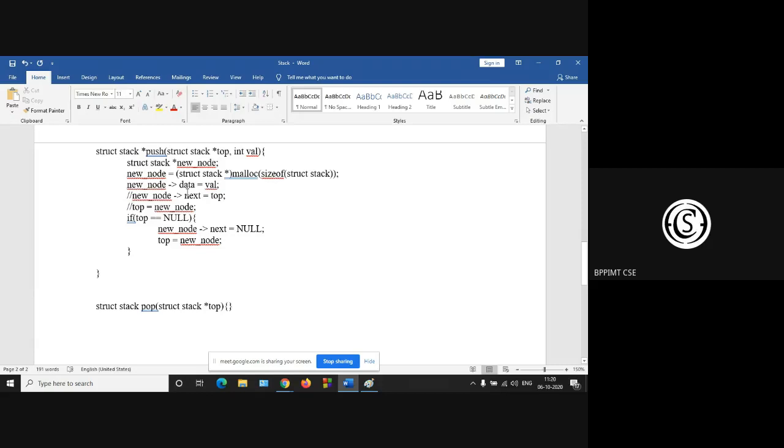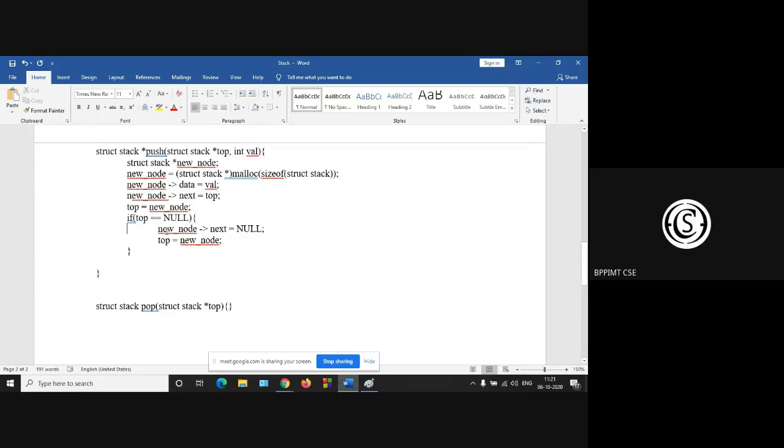These two lines will automatically make everything work, even if top has some value or not. If the top is null, that is your stack is already empty, then the new node's next will automatically get the value of null because we are initializing it with the top.